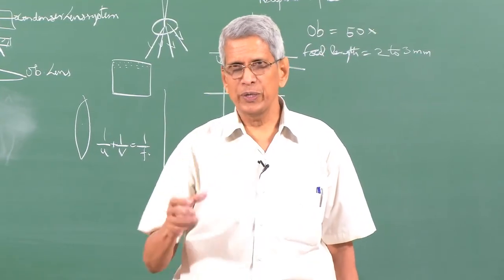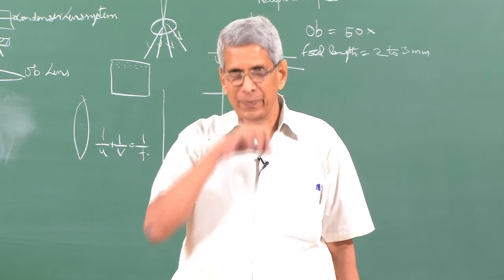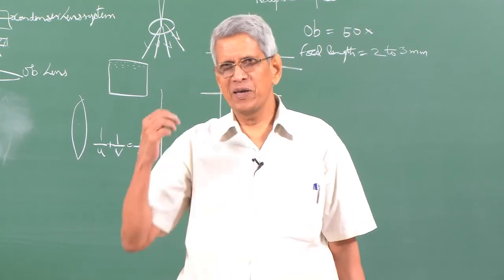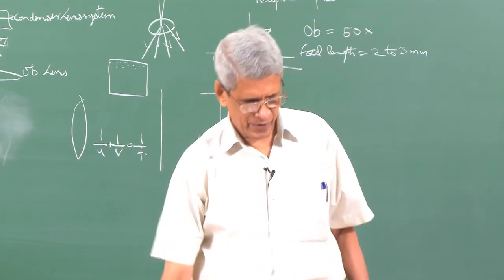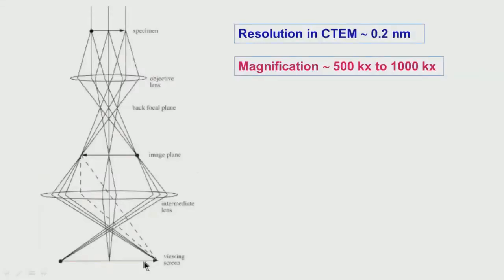Essentially what we do in this is that when we want to see a very large magnified view, the microscope screen size is limited. So, the screen is of a particular size. That means that we choose a smaller and smaller region from the sample and magnify it, correct. That is what essentially is happening. It is not that the full sample can be magnified, then we will not be able to see it.